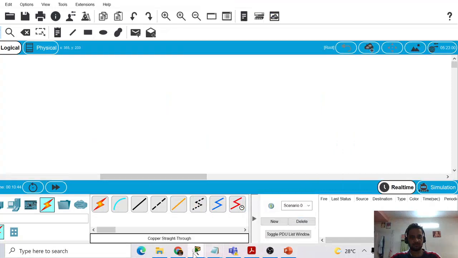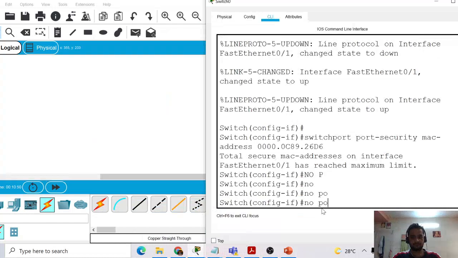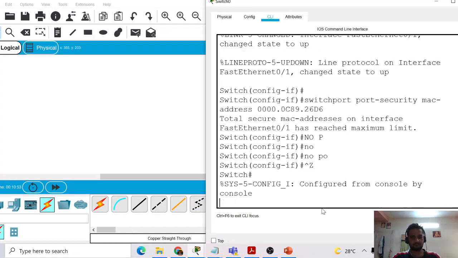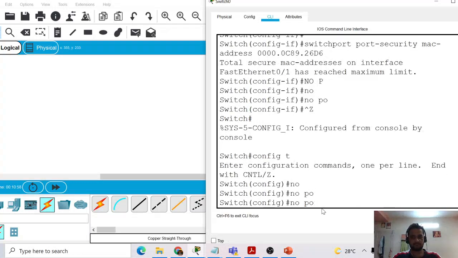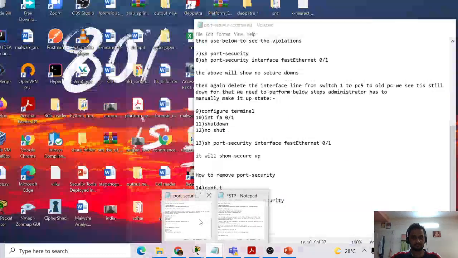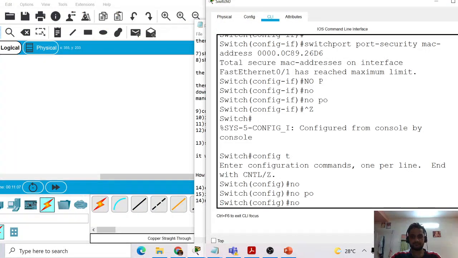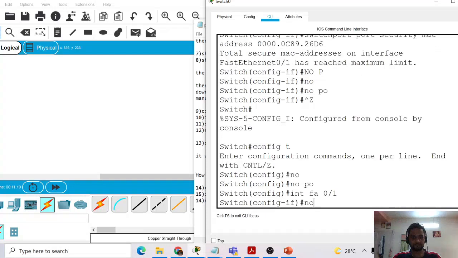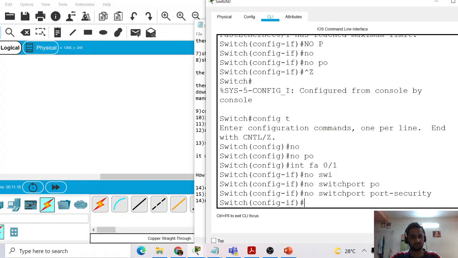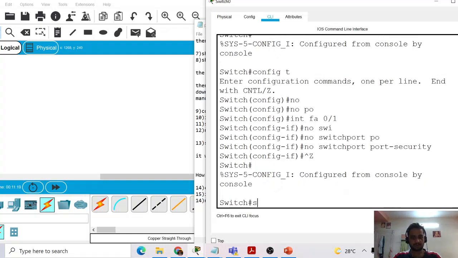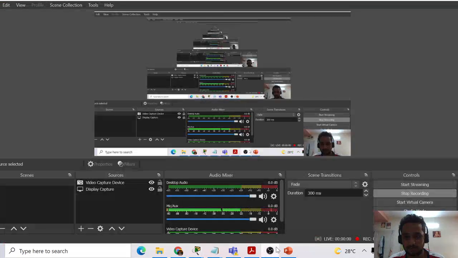We will write the command no switchport port-security. Now if we go and see, there is no port security. So I am done with my practical of port security.